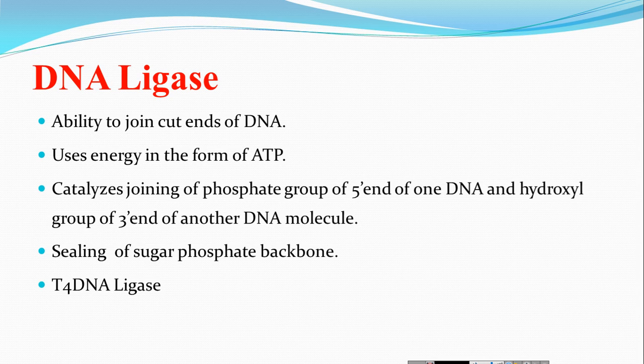By using energy, that is ATP, it catalyzes the joining of the phosphate group at the 5 prime end of one DNA and the hydroxyl group at the 3 prime end of another DNA molecule, so that it leads to sealing of the sugar phosphate backbone of the DNA molecule and produces a recombinant DNA. Basically, T4 DNA ligase is generally used in genetic engineering